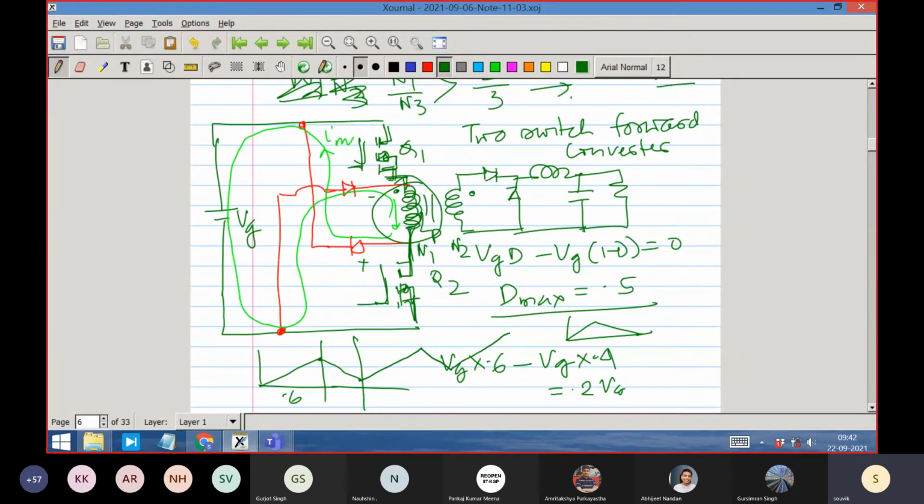It will never reach zero. It will continue to go like that, and the magnetizing current will eventually cross the limit and saturate. So this is an extreme case. Why is it the extreme case? Because the two levels are the same. This slope is decided by Vg by Lp, and this is decided by minus Vg by Lp. Since they are the same, we cannot afford to go beyond 0.5, because at 0.5 it goes up like this and then comes down to 0 like this. So we cannot go beyond 0.5. Less than 0.5, it will go to discontinuous mode of the magnetizing current.